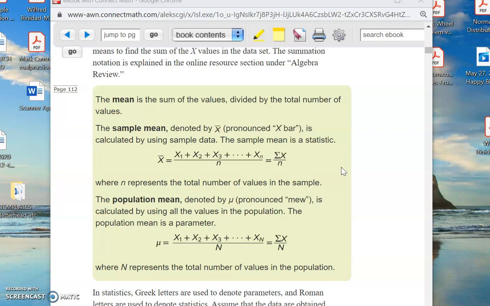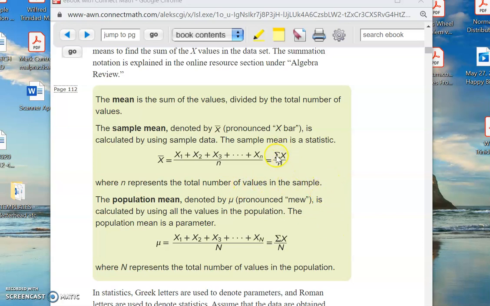In theory, you could have just as easily said, these people I'm measuring have names, so X sub Bob, X sub Susie, X sub Billy, and so forth. But it's more cumbersome to do it that way. So what we normally do is use little subscripts: X sub 1, X sub 2, X sub 3, and so forth, all the way up to X sub N. And that little n is the total number of data points. So that's what he says right here: N represents the total number of values in the sample.